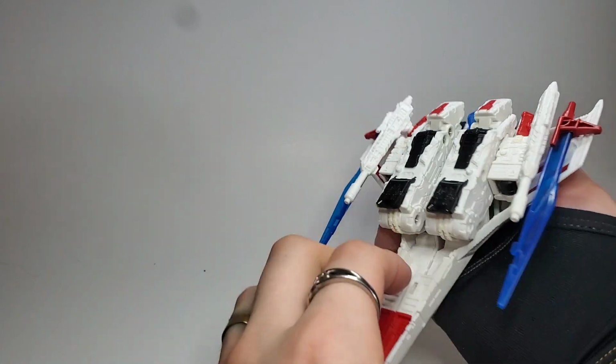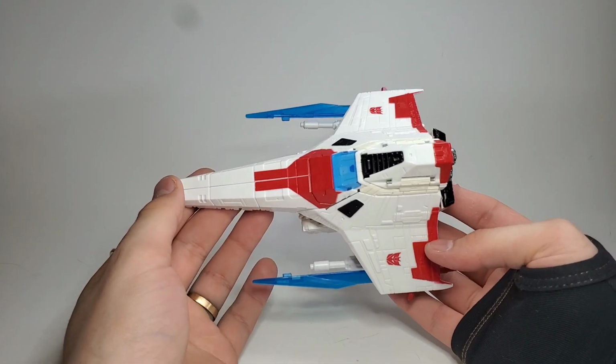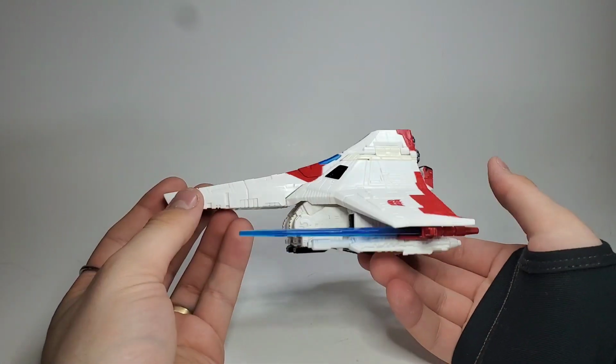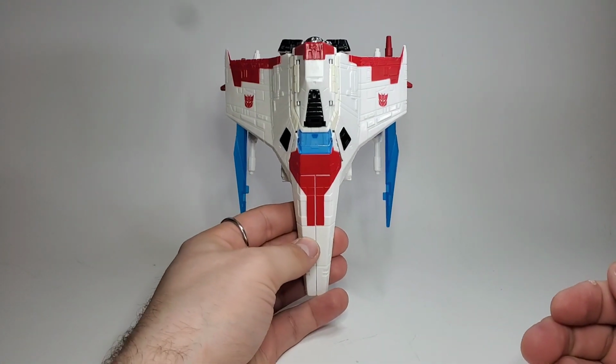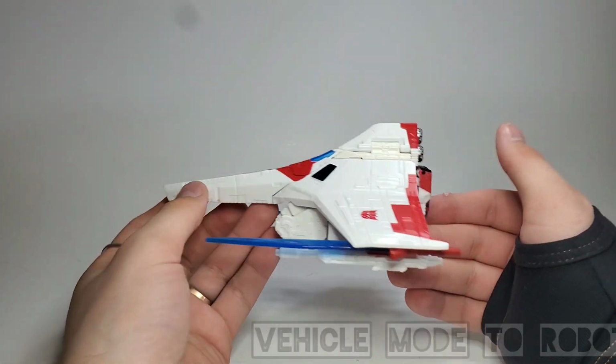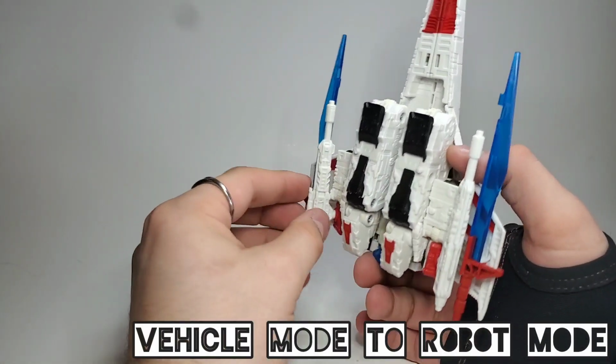Right there. And that's it. There he is in Tetrajet mode. Very cool, very cool looking figure. I really like Starscream having Jetfire's color scheme. That's a cool idea. But now, to get him back into robot mode, we can start the same way by